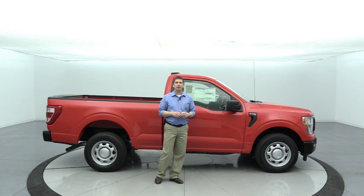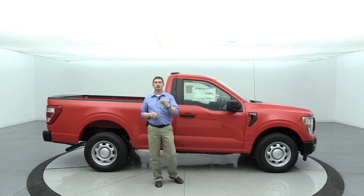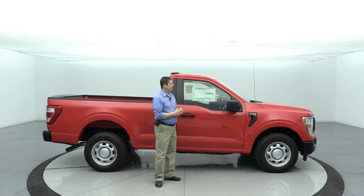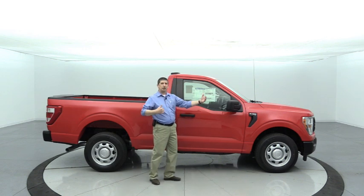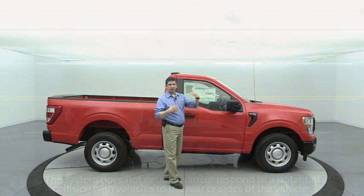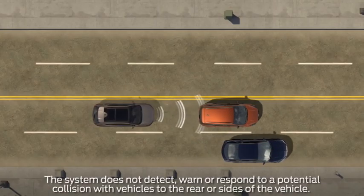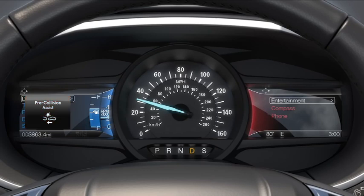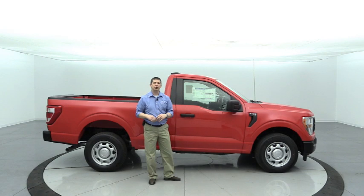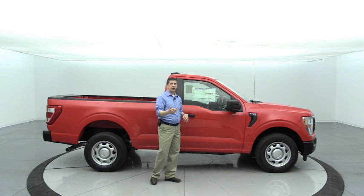Also, you're going to get pre-collision assist with automatic emergency braking. What's great about that is if you're coming up behind someone who's going much slower than you, or maybe they're turning real slow and you're not stopping, it'll put a series of tones to tell you that you need to stop. It'll also put a warning on your dash that you need to stop, and if you don't, it will initiate